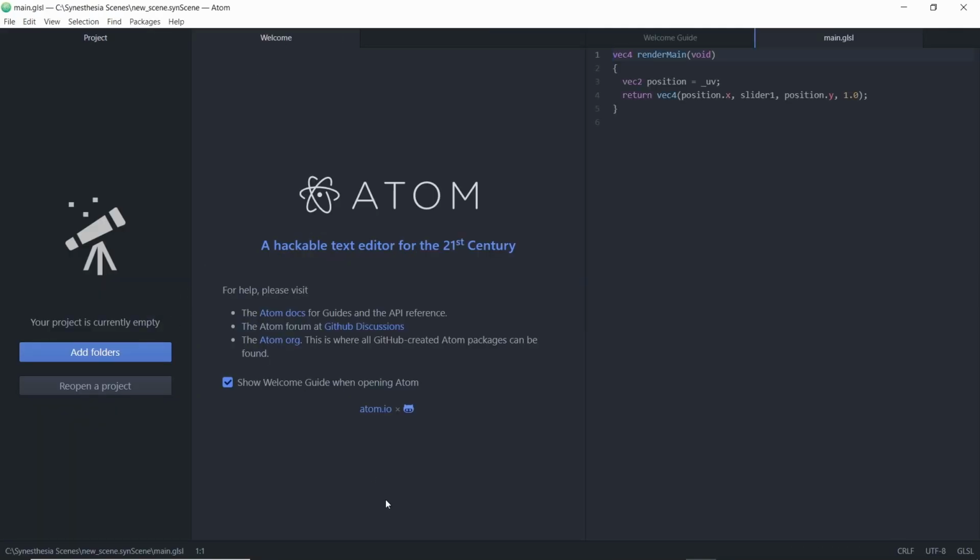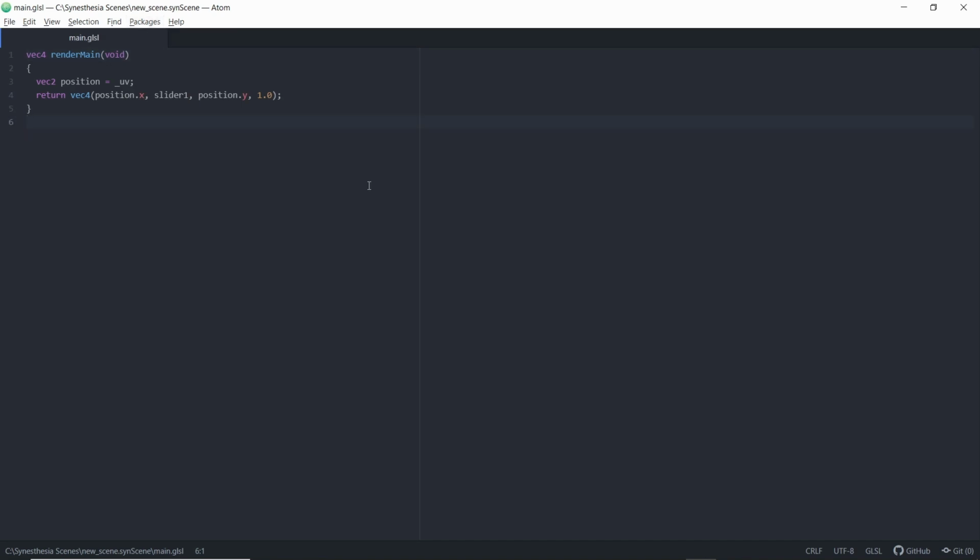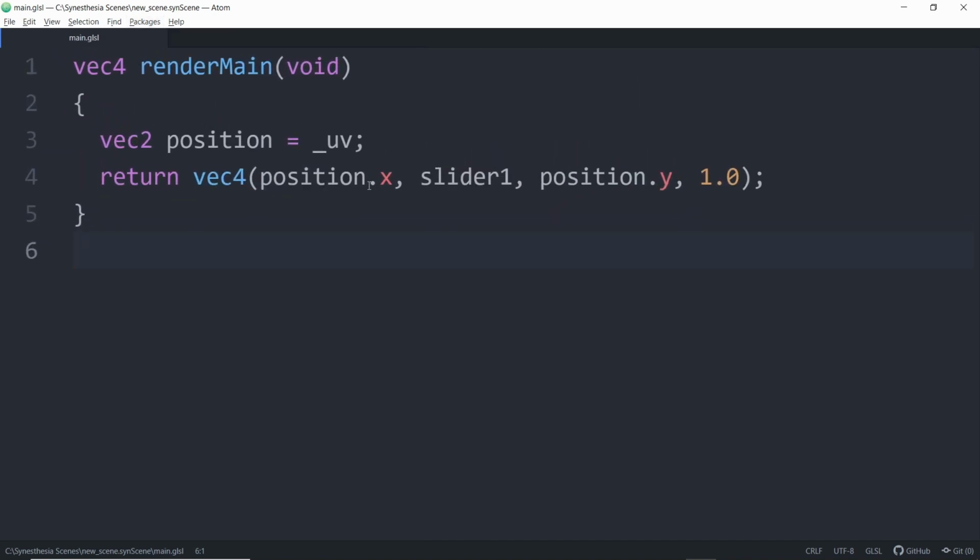If Atom Editor was installed correctly, you may see the Atom Editor logo as the file thumbnail, which means you should be able to open it in Atom by double clicking on the file. Looking at the code already in the scene, you may see some similar words, vec2, vec4 for example. We'll be replacing this shortly, but what we have in this scene is we're creating a coordinate system using vec2 position, whereas we've used u_resolution or